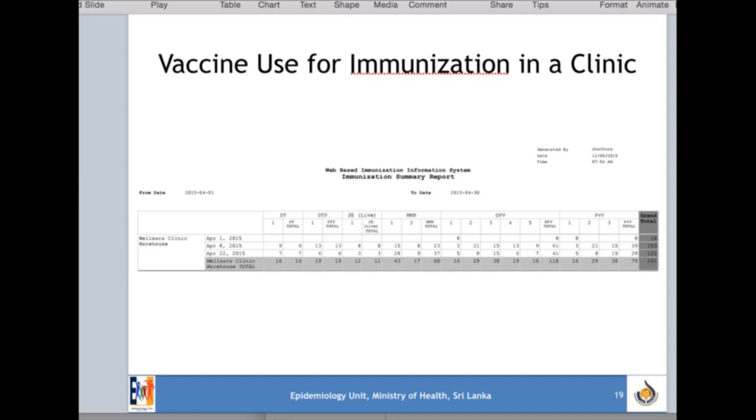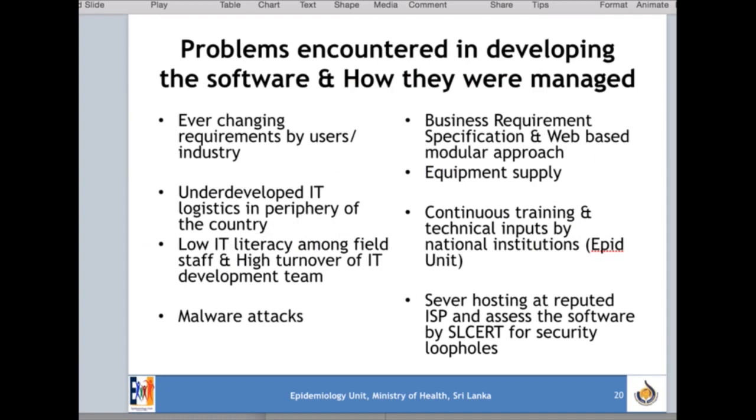Okay, let me tell you some problems we have encountered and how we manage those situations. First, we have ever-changing requirements by the users or the industry. So, to tackle that problem, we set the business requirement specification, and we use a web-based modular approach. And the second one, underdeveloped IT logistics in the periphery of the country. To tackle that one, we are now gradually providing the equipment and the internet services to those places where